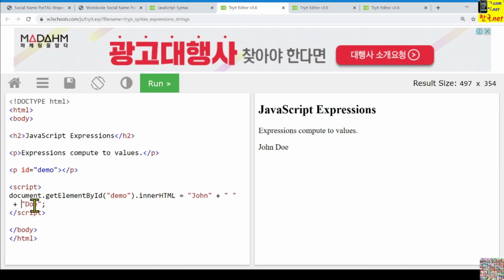Even though this one is a numeric number, let's change it to 1, 2, 3, 4, and this one is considered as a character string, and it is concatenated sequentially.